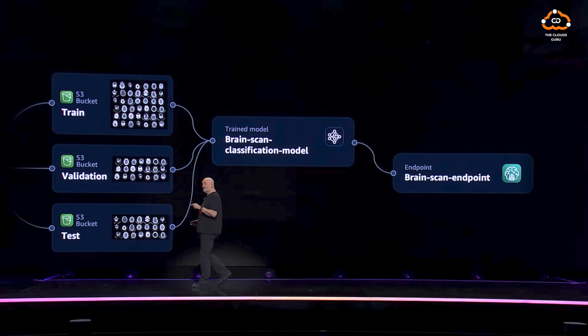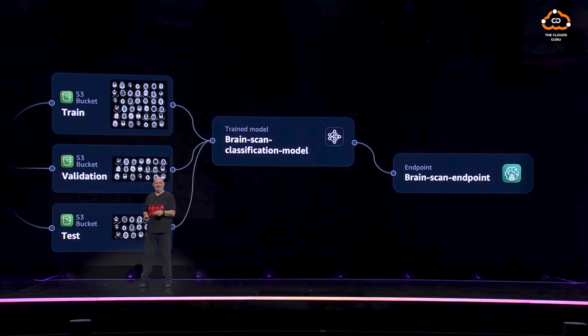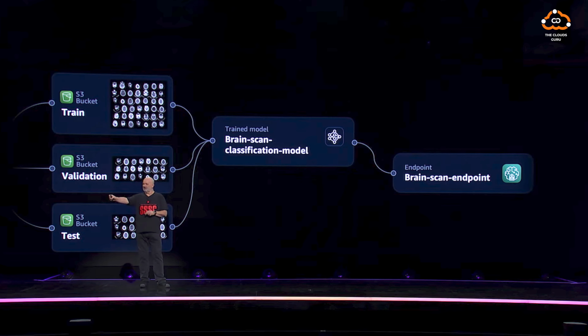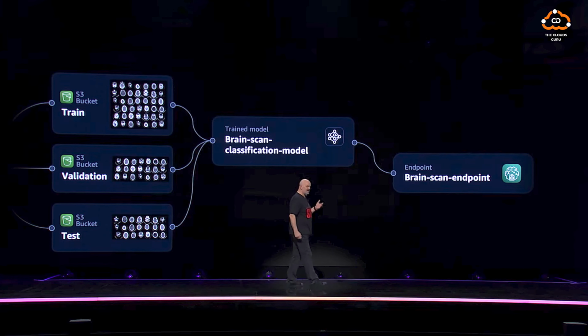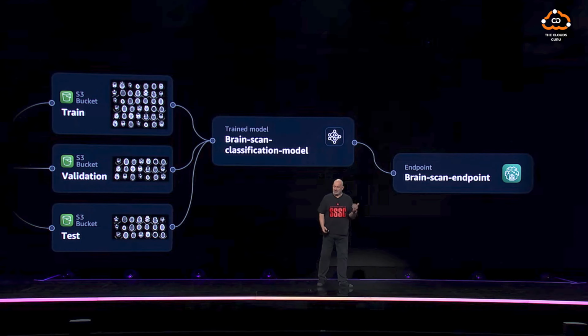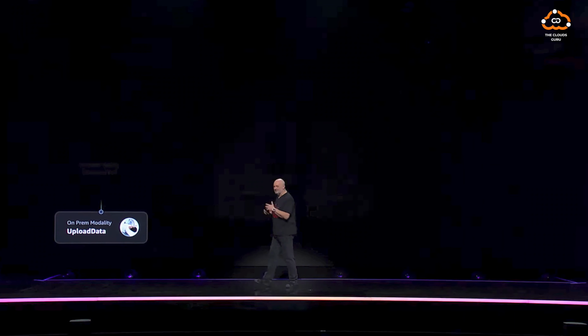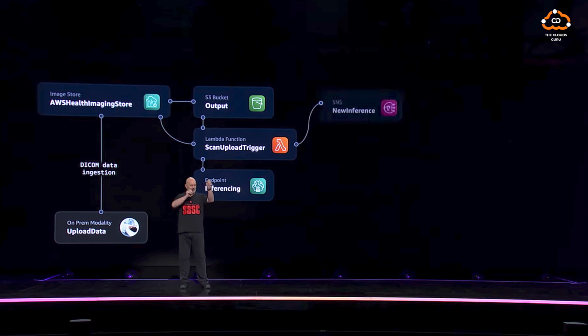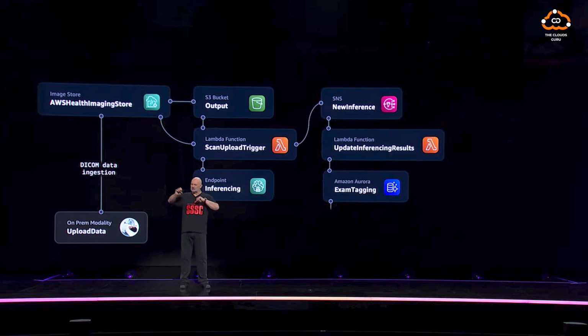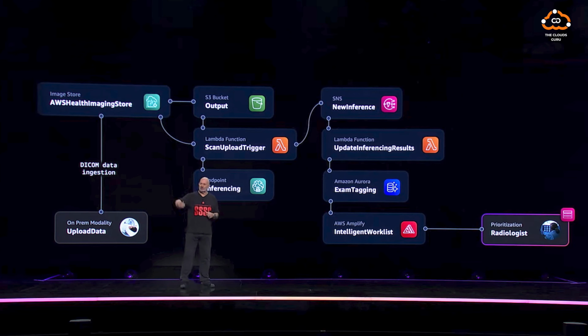And again, with one click of a button, I get an API endpoint for this model, where I can start putting my imagery through and get a prediction score of the likelihood that this CT scan brain image has a hemorrhage in it. And it turns out it works pretty well. I was quite proud of myself when I built this. And of course then, being the person that likes evolvable architectures, I start plugging all these different AWS components around it,